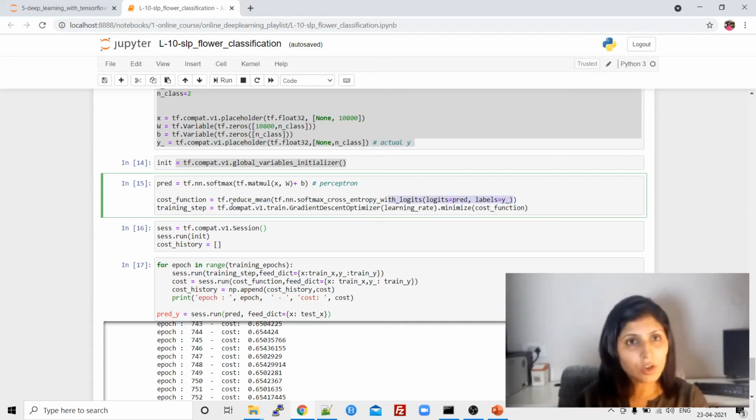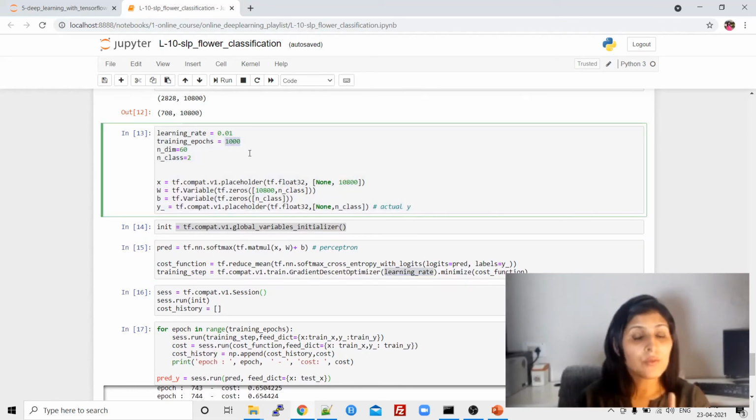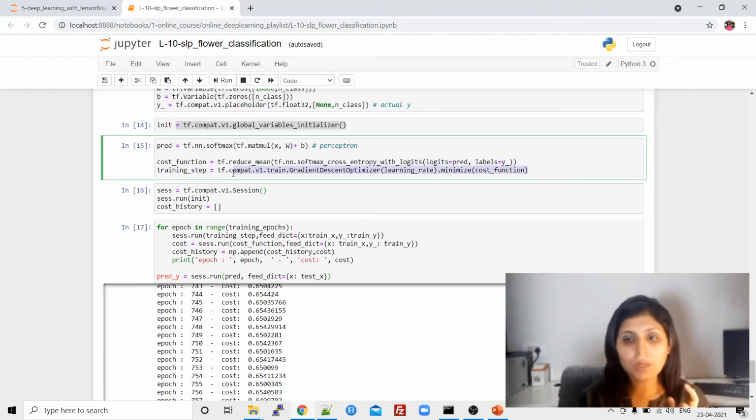After calculating the loss, we update the weights and retrain our algorithm. That's what I'm doing here. I'm using the gradient descent optimizer to update the weights, and the learning rate we have already defined above. See, epochs: 1000 epochs. That means I want to retrain my algorithm 1000 times with this learning rate, so we will be updating our weights 1000 times. This is what the optimizer does. We have built a graph now.